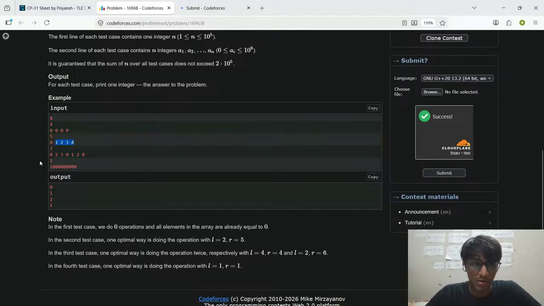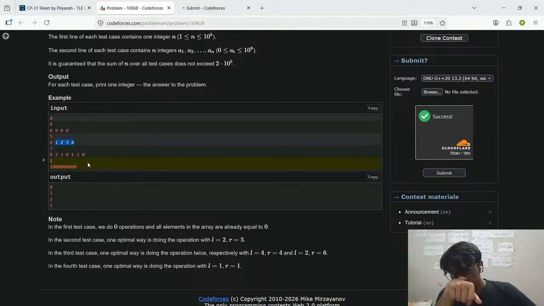You can choose basic figures and then say that the smallest is 0. Oh, okay. So then this answer will be